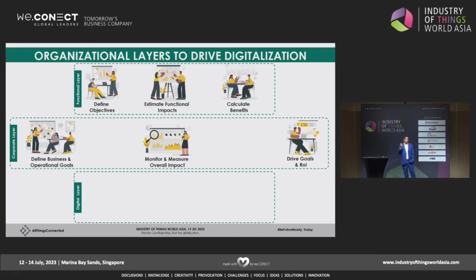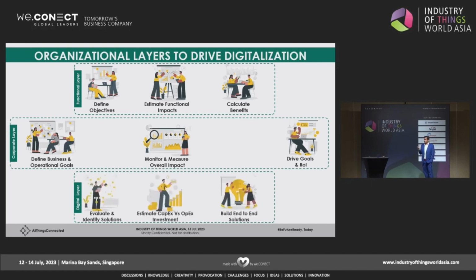Again, I mentioned to some of you last night that we want to make sure the functional people take ownership of transformation, right? And if you look at the value each function brings, the digital people are focusing on how to evaluate the right technology and decide whether to build versus buy, or how to manage the cash flow of the technology part of it. And if I simplify the language, it is as important how to code, but it is even more important what to code. And the what to code comes from the functional people.